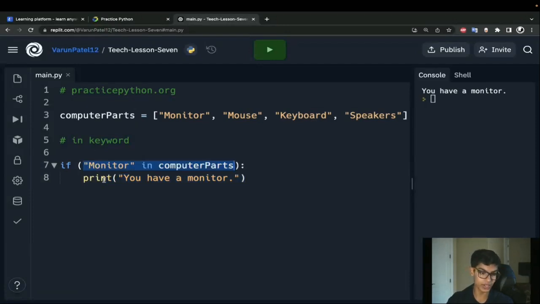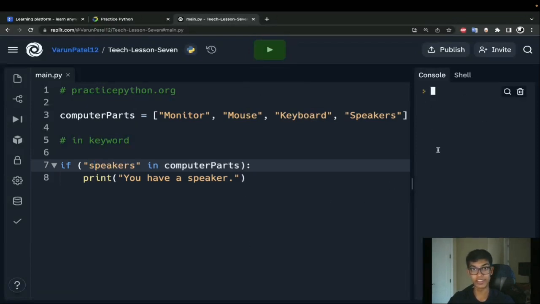The in keyword is really, really simple. It's a good way to check to see if a specific item is inside your list. So again, if I do this with speakers, it prints out you have a speaker, because speakers, the exact same thing, is in my computer parts list. But say I took this S, it's a capital S right now, say I made it a lowercase s, nothing gets printed out.